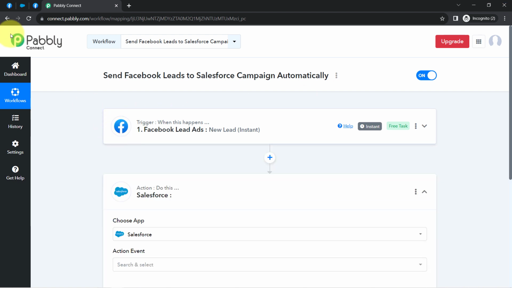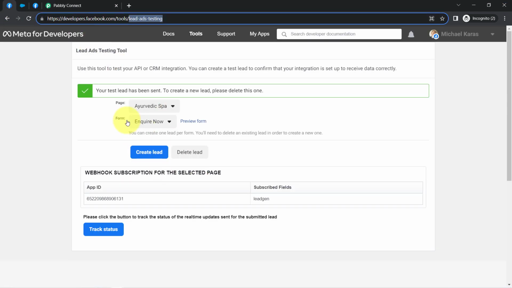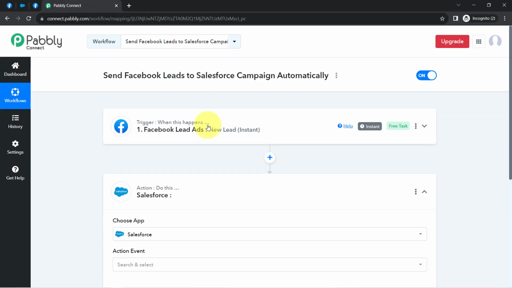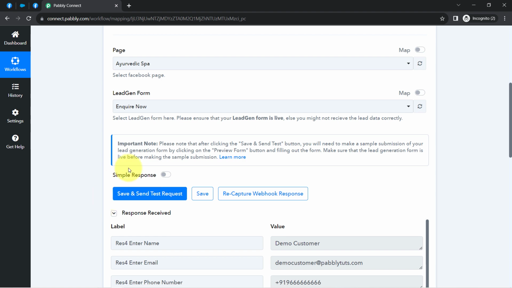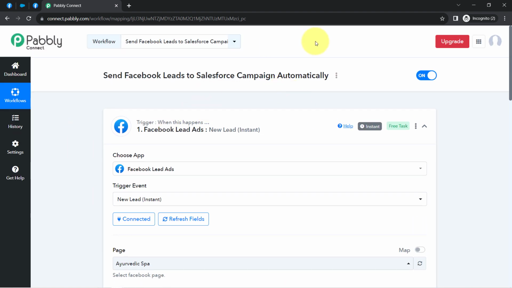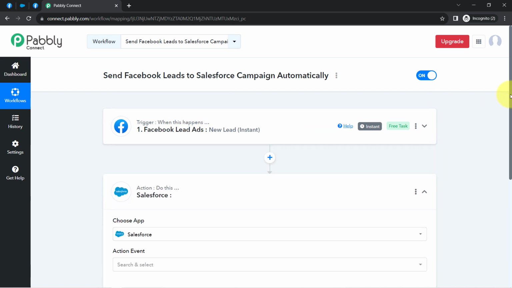every time someone submits your Facebook lead ad form, the details of that person will be captured via Pabbly Connect in this way, and in this way our first step of our automation is done. That process is going to be instant because this trigger will instantly capture new incoming data and the workflow execution will start in real time. Okay, so once your Facebook lead ad form is connected with Pabbly Connect, I will move further